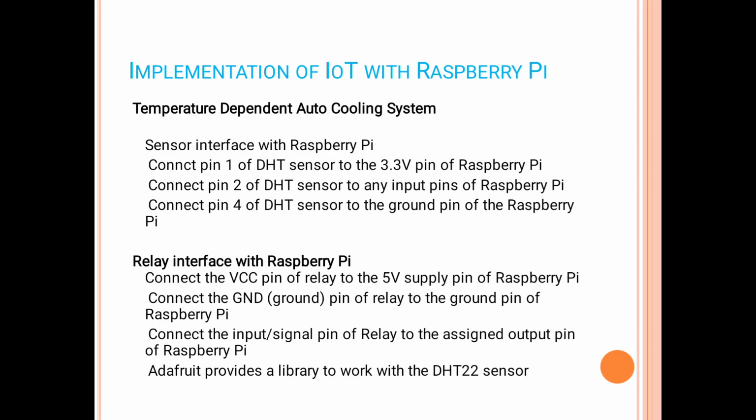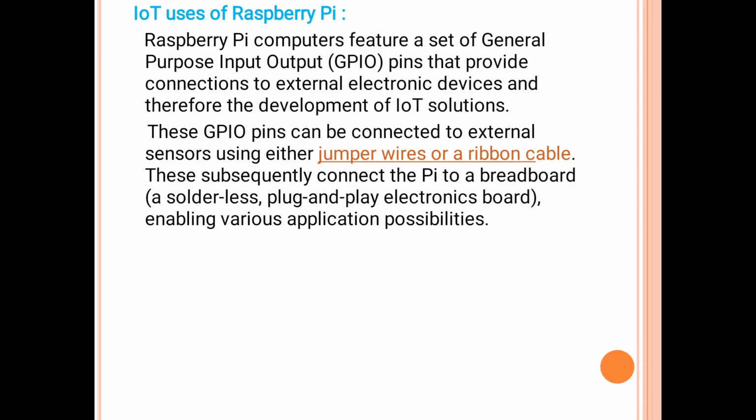Relay interface with Raspberry Pi. Connect the VCC pin of relay to 5 volt pin of Raspberry Pi. Connect the ground pin of relay to the ground pin of Raspberry Pi. Connect the input output pin of relay to the assigned output pin of Raspberry Pi. Adafruit provides a library to work with DHT22 sensor. Raspberry Pi computer features a set of general purpose pins that provide connection to external electronic devices and therefore development